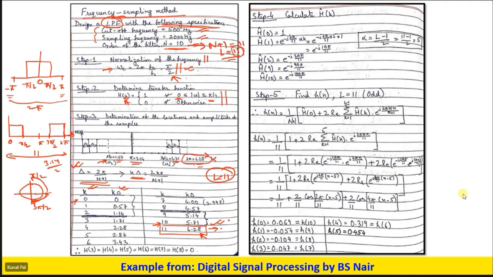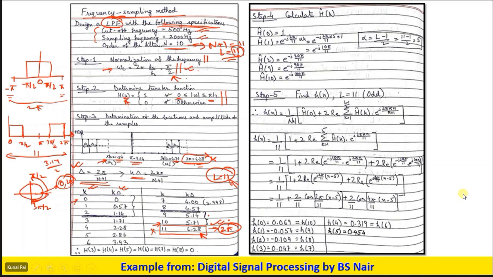But we have already taken the 0 point, and we know that 0 and 2 pi are equal. So we will not consider this 11th point. Please keep this in mind. Over here, we have broken the length into 11 parts, so we have broken the k delta values into 11 parts, and we are good to go.